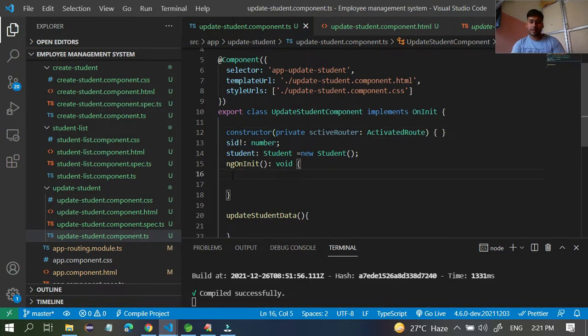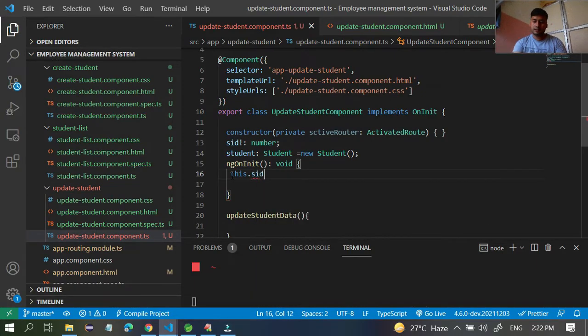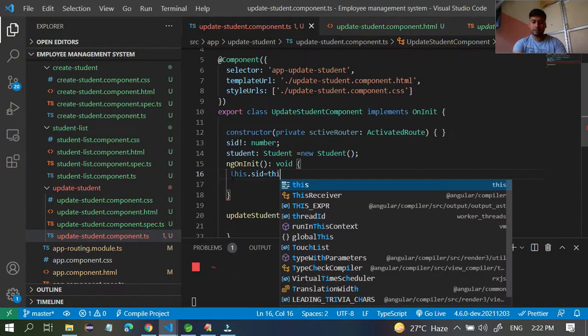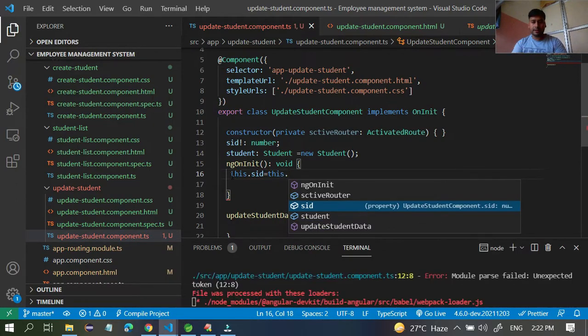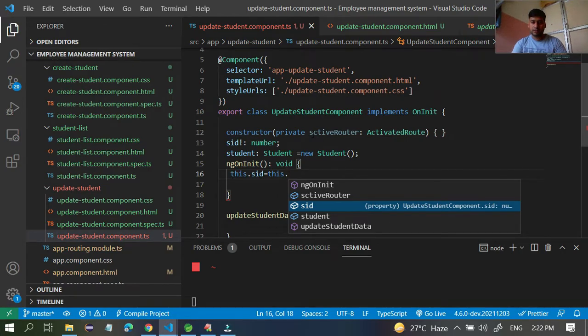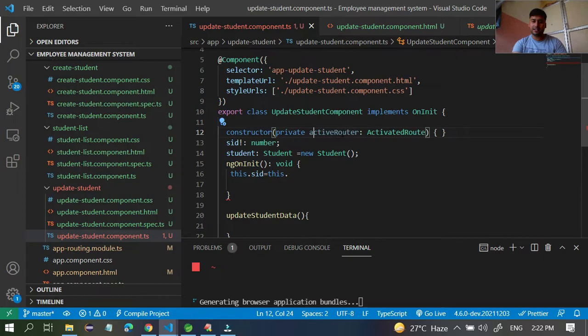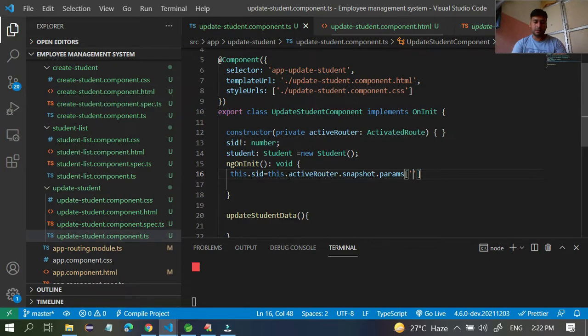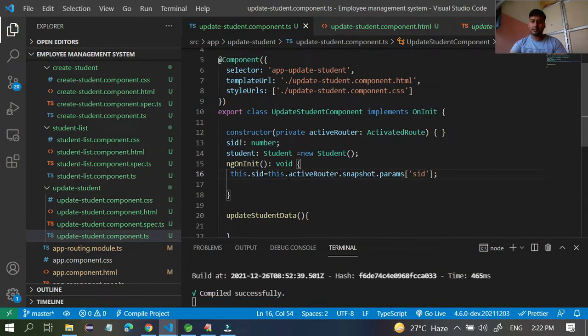So here you can do this dot sid equal to this dot active router, activated or active router. So this dot active router dot snapshot dot params, and inside the params you can pass, in single quotes, sid, and read the data.